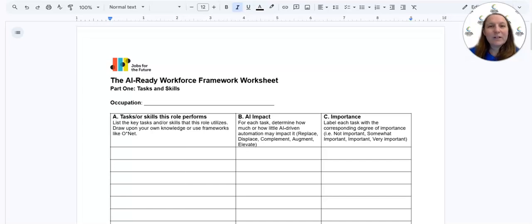Hi, everyone. Sometimes it's really hard to know how artificial intelligence is going to affect our jobs, the jobs of our students, or what anything in the workforce might look like in the future. To help get our brains moving and thinking about how we might see artificial intelligence used in our fields beyond just generative AI writing things for us, Jobs for the Future provided this really helpful worksheet to the North Carolina